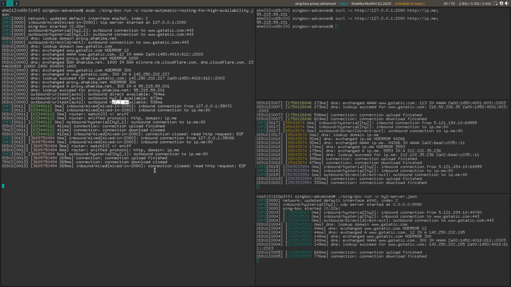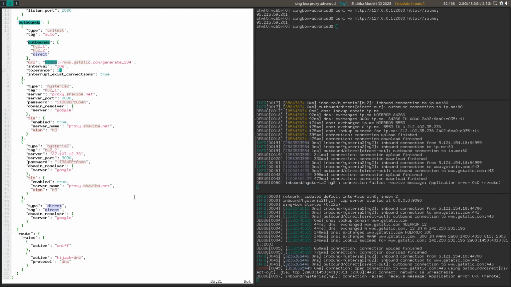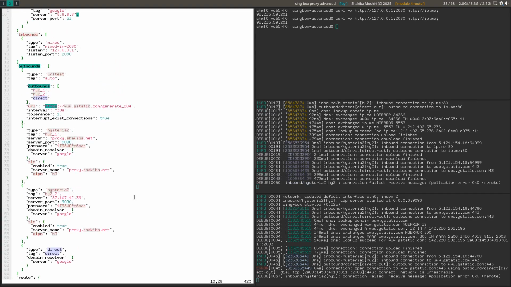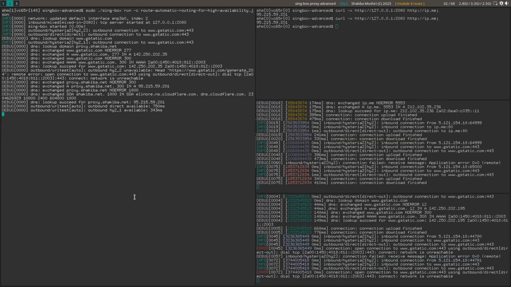Actually, we could lower the check to like 10 seconds. You can see, for example, again, it's unreachable, the network, it tries IP version 6. That's the problem, that we have to disable that. Actually, we don't have IP version 6. That's the server side. So let's set this to 10 seconds and see the result. So HY2 and direct,